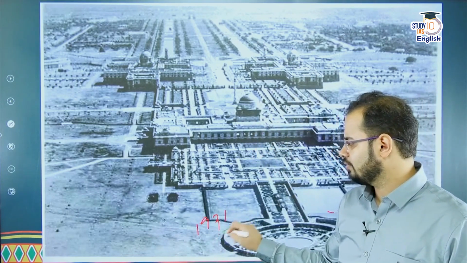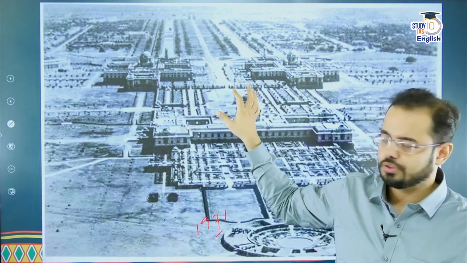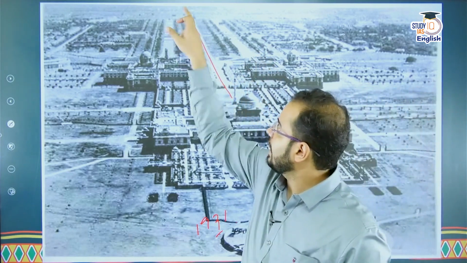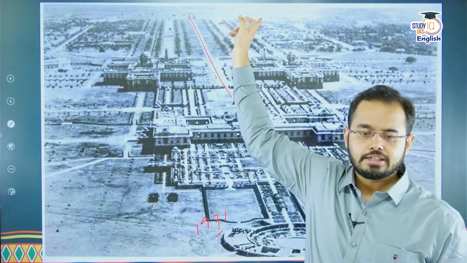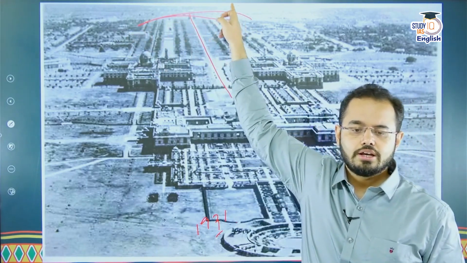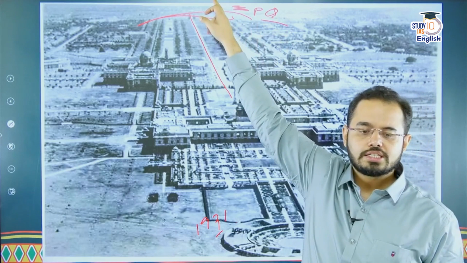But the question is why he shifted capital. This is the view of Raisina Hill. This is the view when Rashtrapati Bhavan was constructed. This is a picture of 1931 when finally it was constructed. You can see the deserted Delhi out there. It's all deserted. When Delhi was chosen, Raisina Hill was chosen, just in straight line of this Raisina Hill you have India Gate, but beyond India Gate, on these very far ramparts, you could see Purana Qila, you could see Chandni Chowk,